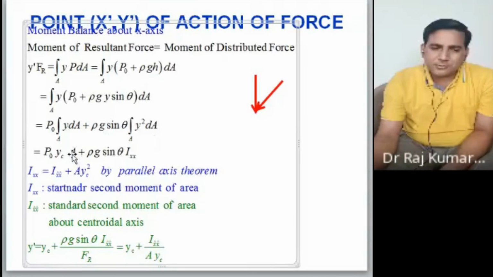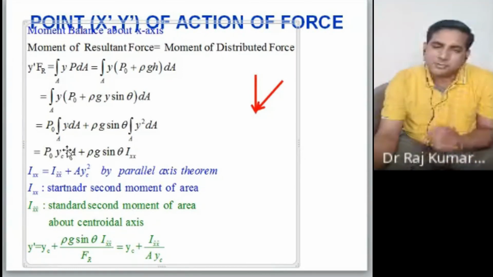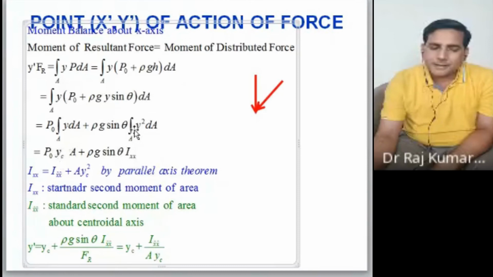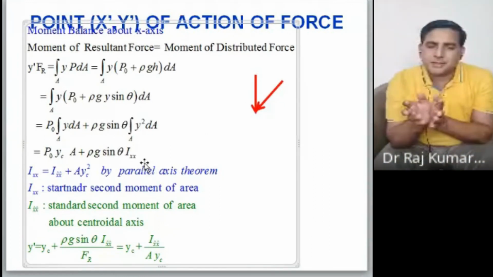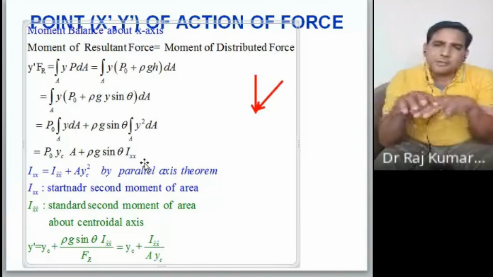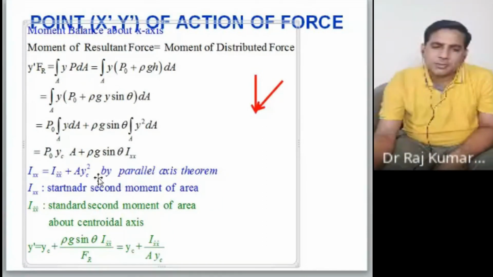So that is what is written in this particular formula here, yc into A. If you know the coordinate of the centroid, multiplied by A, it would give you the first moment of the area. And this is Ixx, which is called the second moment of the area. Some of the figures are complicated, but some are very well known. So these values are known to you for a large number of figures of different shapes and sizes. Fine.